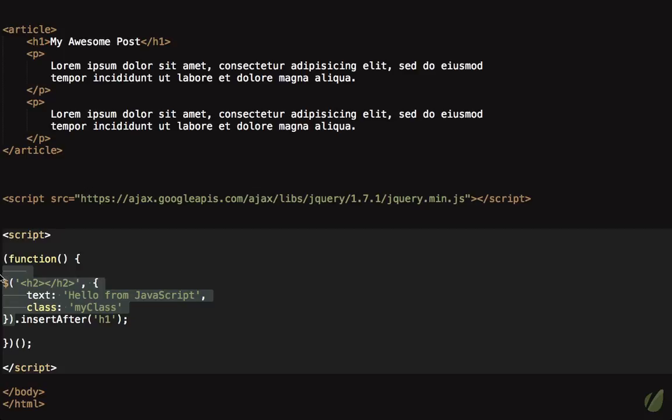If you're working with an element, then you would use after. If you're creating the element, then you would use insert after. And the same thing is true, insert before. And this time we'll say p nth child 3. We're going to get the third paragraph that is a child of the article, and we're going to insert,